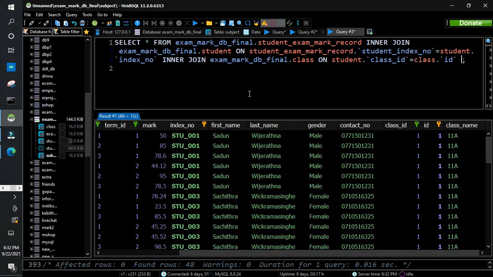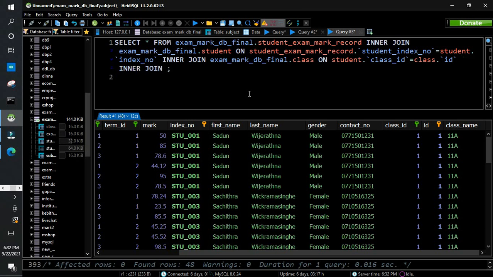So I don't need the exam term table. So I'll just join the subject table.